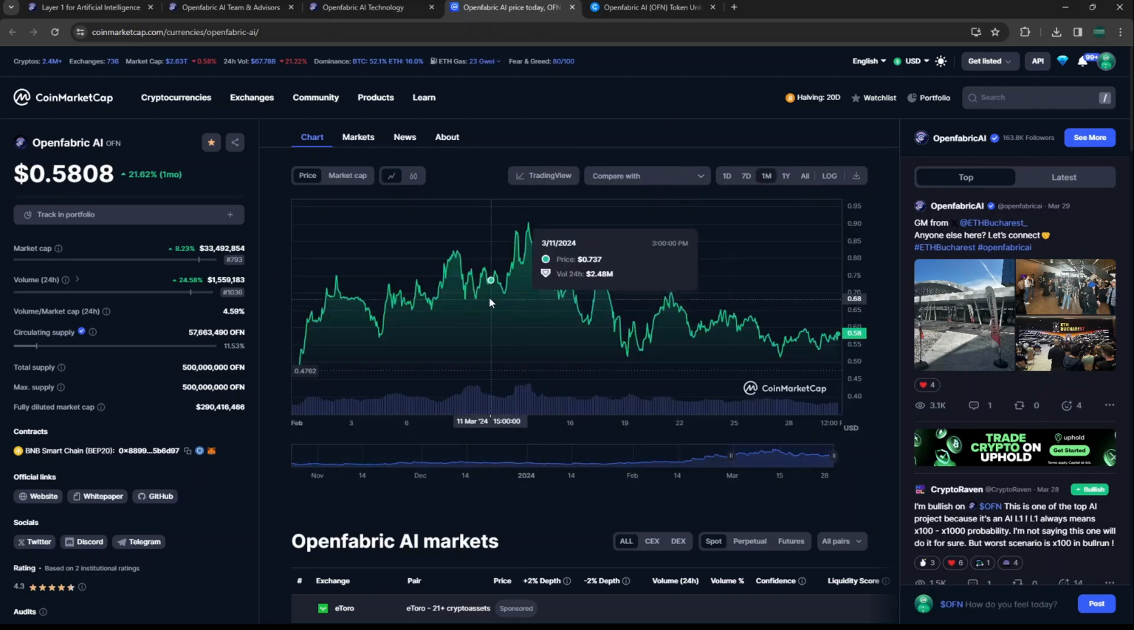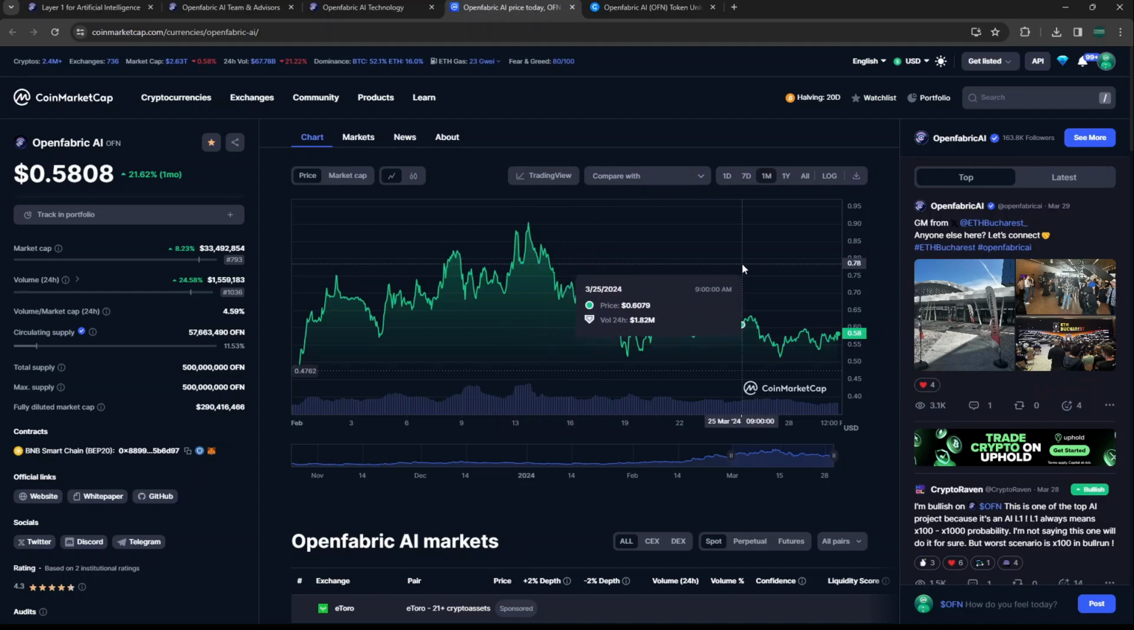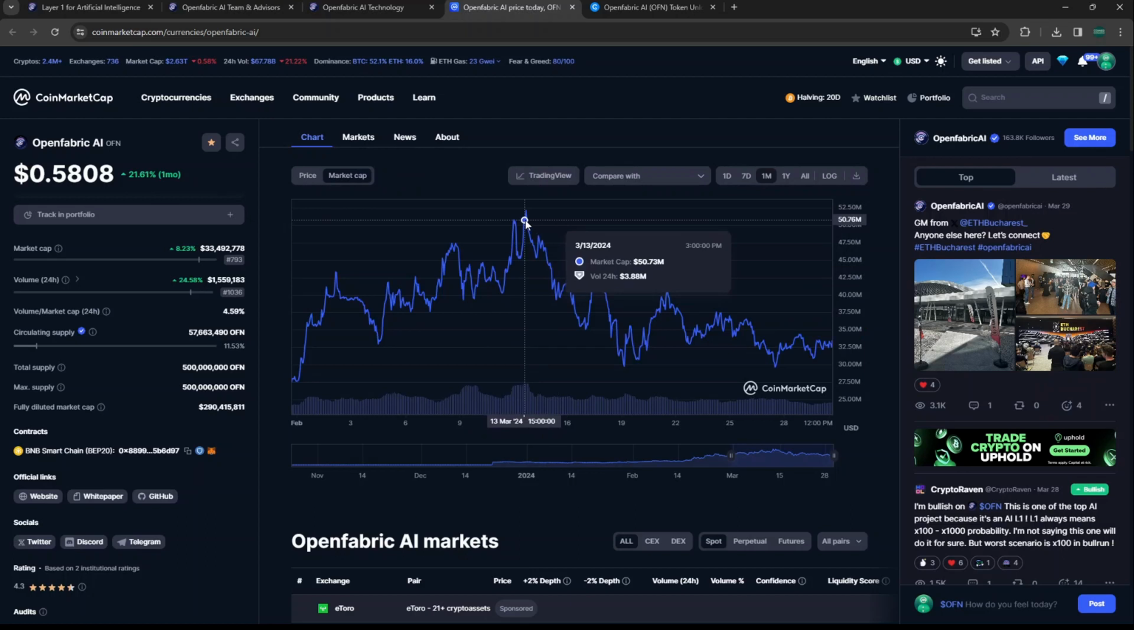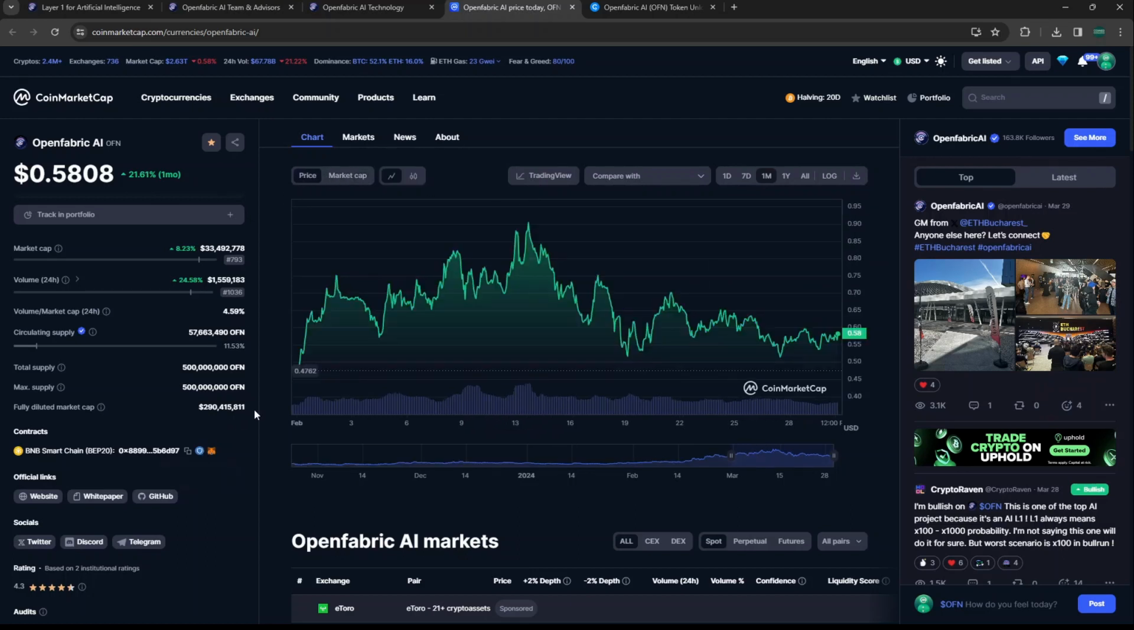If you look over the 1 month, it did recently hit its all-time high of about 90 cents here, but since then it's done almost, what is that, like a 30 to 40% retracement. So not a bad entry. If we look at the market cap, that would have put us over a $50 million market cap, with a fully diluted of 290 million. Again, a 33 million